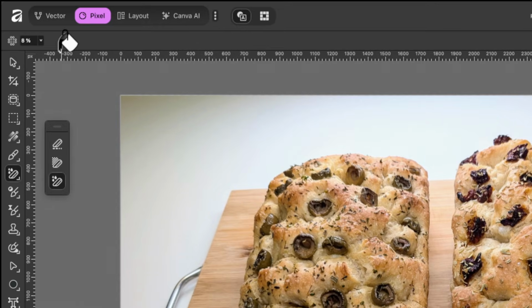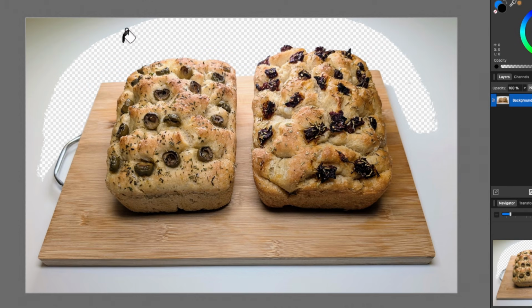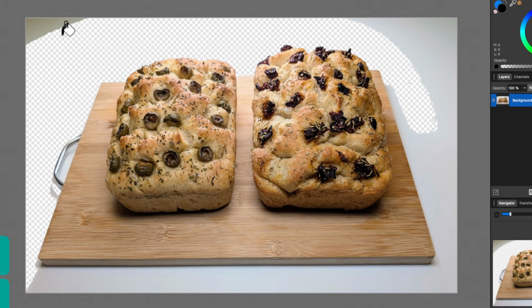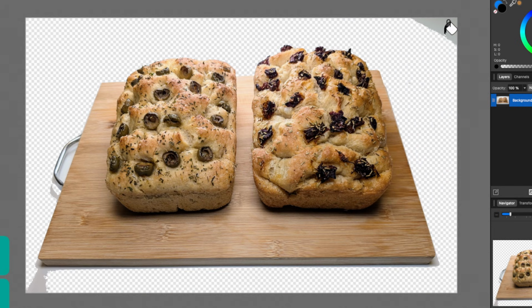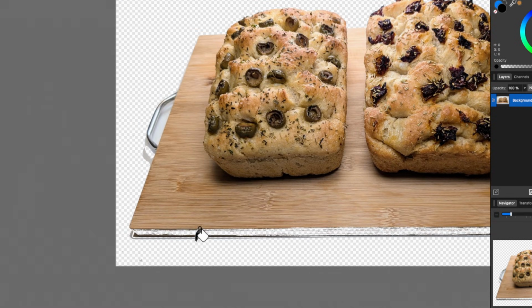The only thing we have in the context toolbar is the tolerance level. Right now it's on 8, so I'll just tap here. And you see it's erased a portion of it. I can just tap once again up here, and I can keep tapping until it erases that background. I'll do the same over here. And it's pretty much all gone here, just a little bit more. Oh, look, it's completely messed up. So I'll press Command Z now.